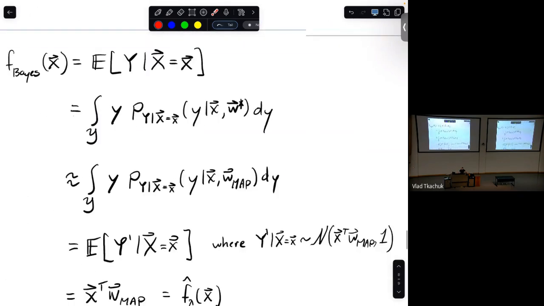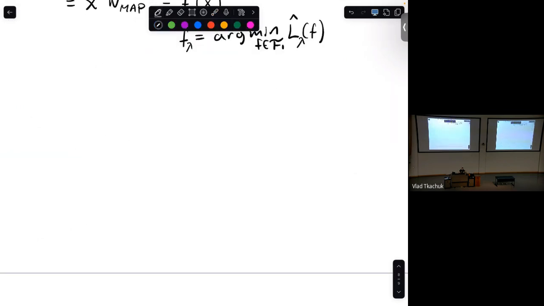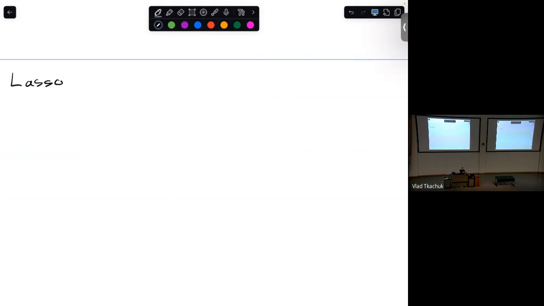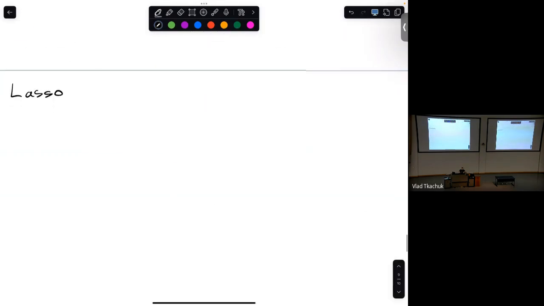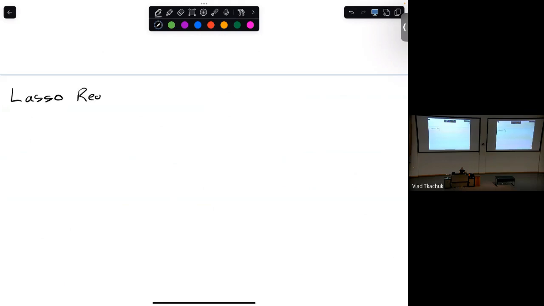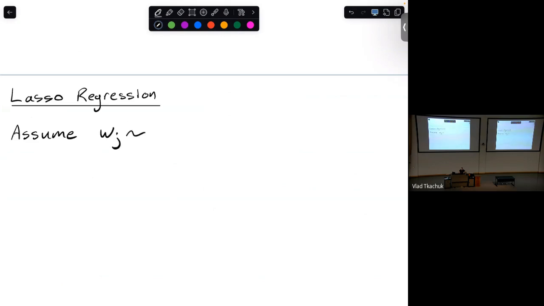Okay, and then the one last point I want to make is that if instead of all this you had changed your prior assumption to not be a normal distribution. This above thing was called ridge regression, if you remember, when you have the squared penalty on the weights. And there's this thing called lasso regression, which is where we have a different penalty on the weights. That was the absolute value. And it turns out that you can get that back if you make a different assumption, different prior knowledge on the weights. And that is that your parameters, Wj, are not distributed normally, but instead distributed